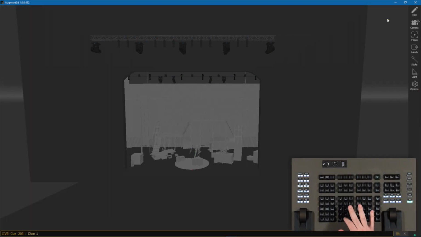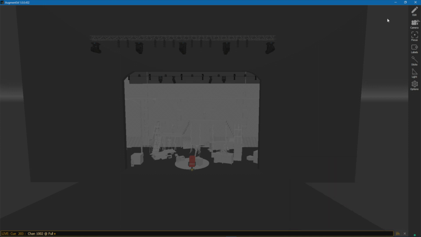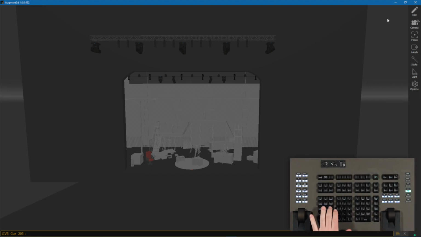Now I can say 1002 full, enter, and that chair will appear in my model. And now on my encoders, I'm going to go to my focus XYZ, and I'm going to move that chair to a position, and maybe I want to rotate it a little bit. And I'm going to go ahead and update that cue only, enter. And now I'm going to grab that channel again,